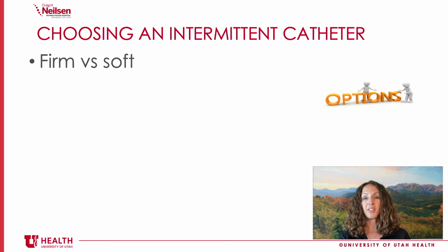First, there are a lot of different things to consider when choosing an intermittent catheter, which can be overwhelming, but it is also nice to have so many options that will work well for your life, and that's hopefully easy for you or your caregiver to use. So first, some catheters are firmer and some are softer. For people that do have sensation around the genital area, sometimes a softer catheter can be more comfortable. But on the other hand, a firmer catheter has less of a tendency to noodle and coil as you push